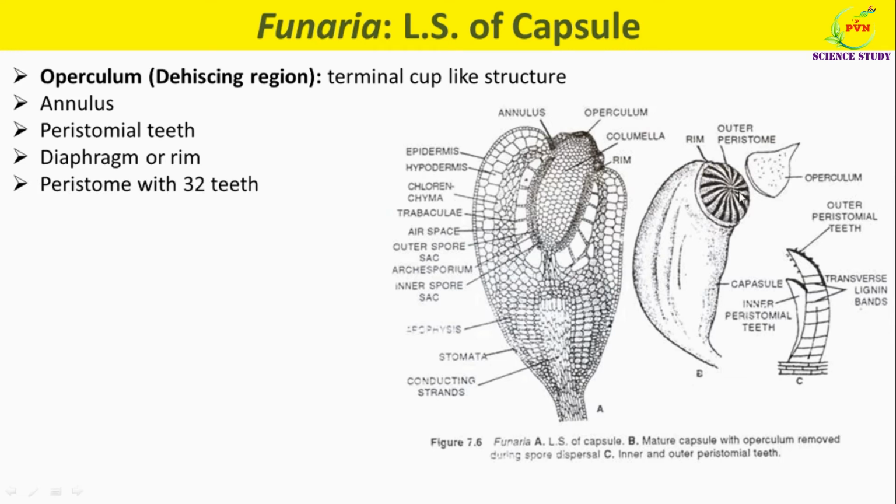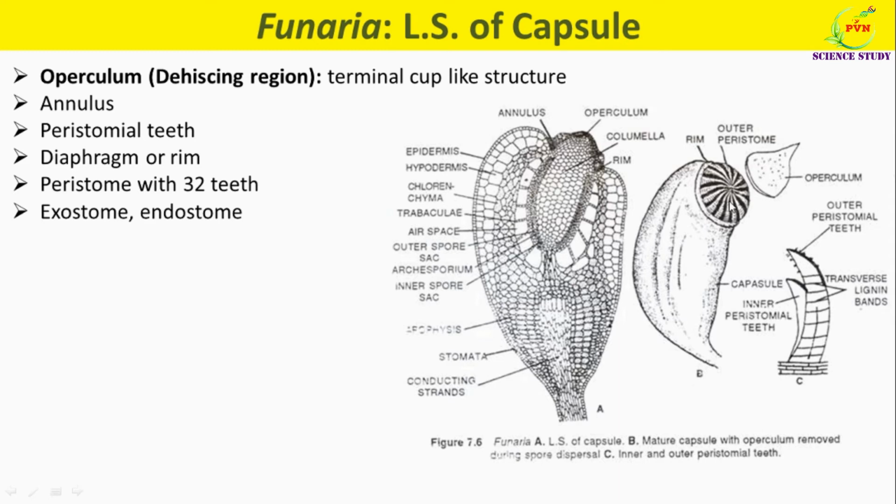The peristome has 32 teeth arranged in 2 concentric rings of 16 each. Both the sets are on the same radii, hence opposite to each other. They are twisted, spirally appearing like an iris diaphragm. The apical ends of the teeth in the outer set converge towards each other. The outer ring of the peristomial teeth is called exostome, while the inner ring is called the endostome.